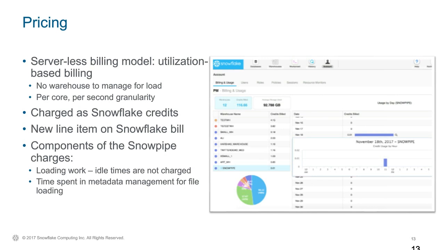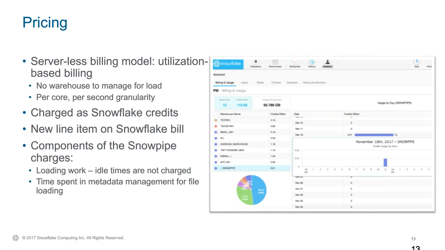So you will very likely end up with fractional Snowflake credits if you're using Snowpipe. And if you're not fully utilizing a load warehouse before, then you'll probably also pay less when using Snowpipe because you're not paying for underutilized cores. So the fact that we're charging on a per core basis may open up opportunities for cost savings as compared to the micro-batching scenarios with a constantly running warehouse that we talked about at the beginning of this presentation.